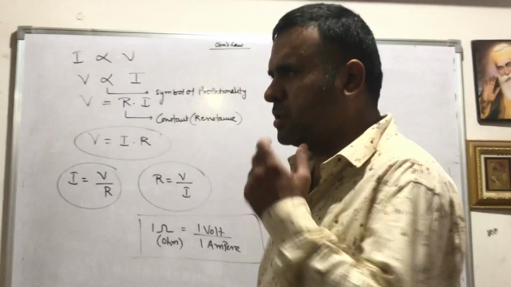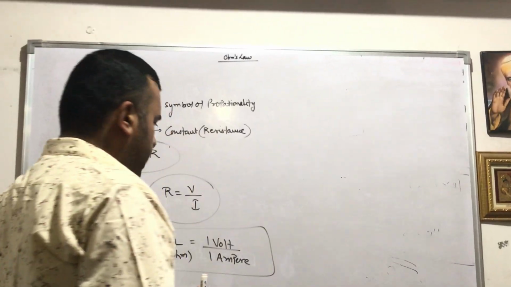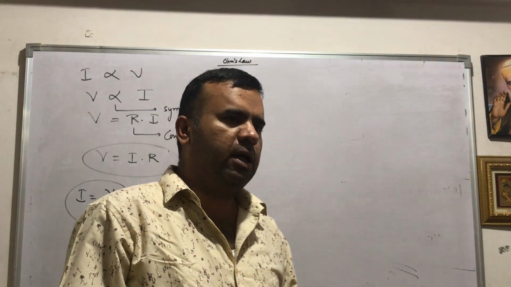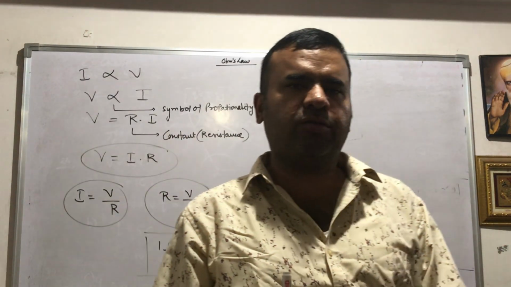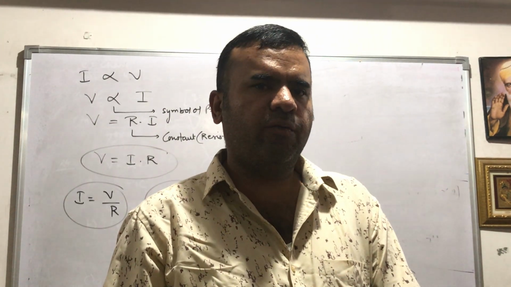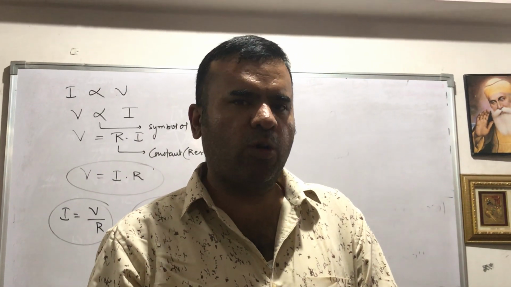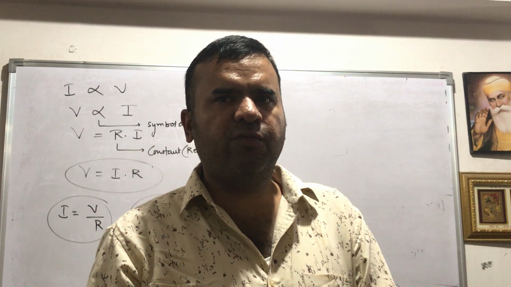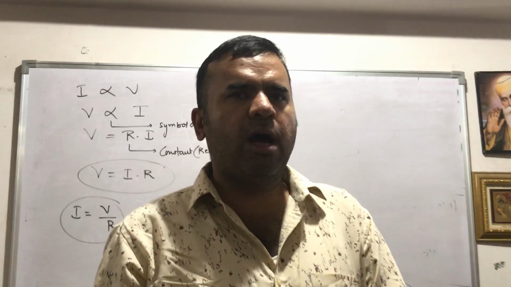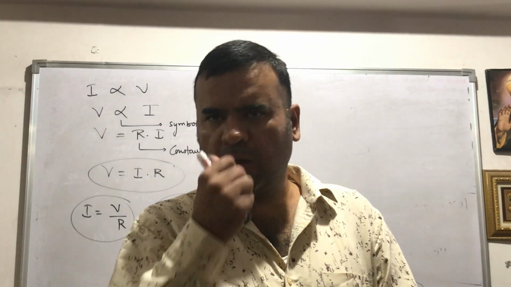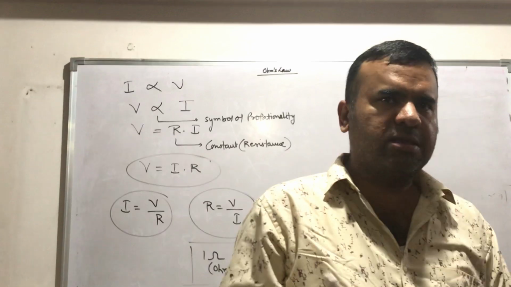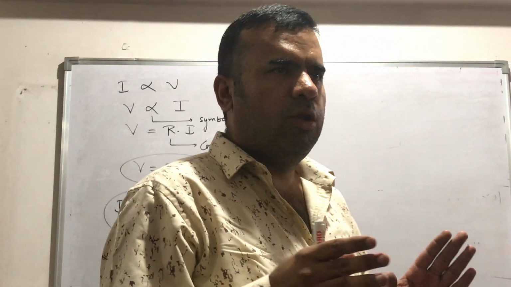Now how do we study this Ohm's law? This Ohm's law also says that resistance is constant. In class 10 we basically study 3 experiments to prove that resistance is constant. One is the verification of normal Ohm's law, another is the verification of the series combination in Ohm's law, and then we have the verification of the parallel combination. But now we will only discuss normal Ohm's law.